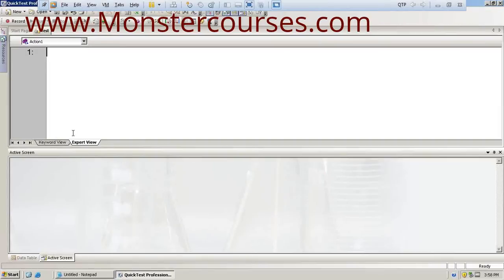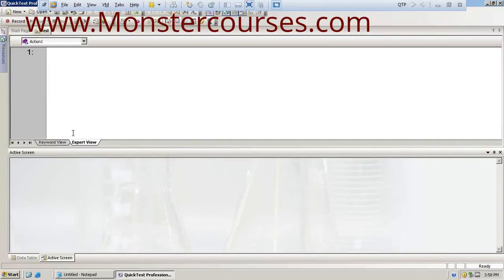Let's say I have an application which has to be tested. If you go with manual testing, manually we have to test the application by following n number of steps. Just take an example of a login page.